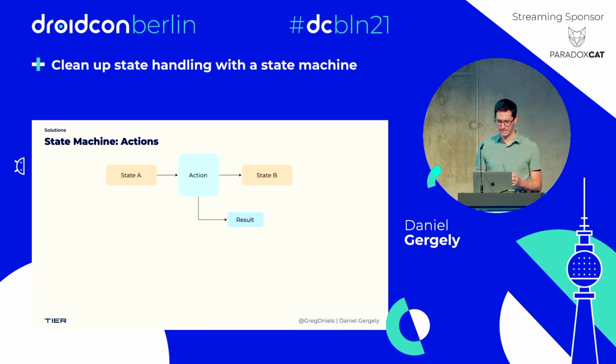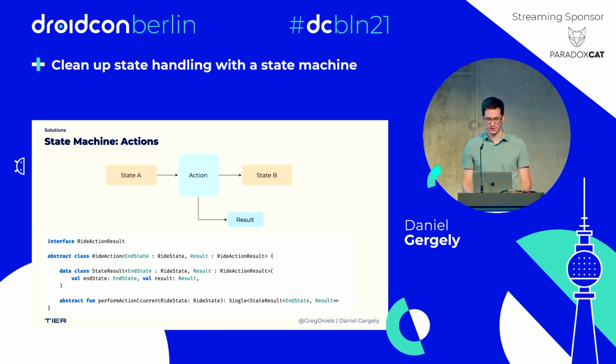And it was really useful when we modeled Android. And if we take a look at the code representation of this action, now it is fairly straightforward. It's become a generic abstract class with a function that as an input takes the current state and as an output returns a composite object consisting of the new state and this result object. And by the way, as you can see, here we are using RxJava. The reason for that is that we have RxJava throughout our application, but this concept could work with coroutines or